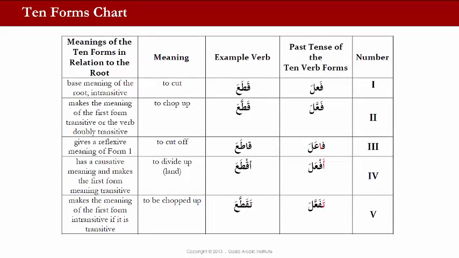Here is a chart in which we can see the 10 forms and some of their meanings. So here fa'ala, and an example is qata'a. Then we have fa'ala, qatta'a. Notice here form 2 has the meaning of an intensification. If qata'a means to cut, then qatta'a means to chop up something. And then qata'a means to cut something off. So qata'a, like to cut off